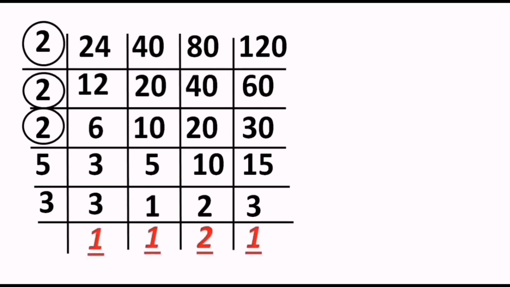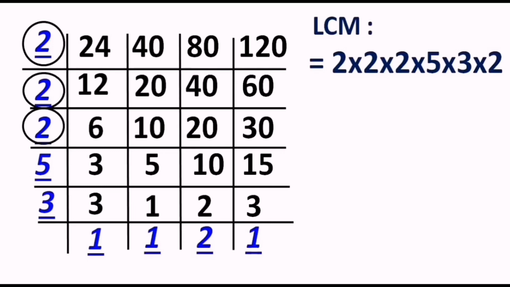So what are we left with? We are left with these numbers which are not divisible by any 2 of the numbers, and hence all these numbers, the bottom layer and the extreme left side, are going to make our LCM, right? So all these numbers: 2 three times, total 4 times 2, then 5 and 3. I have skipped 1, 1, 1 because, as I told you, in multiplication any number multiplied by 1 gives the same answer, so you can skip it. The moment you multiply all these numbers, we get the answer 240, and that is what our LCM is, right?